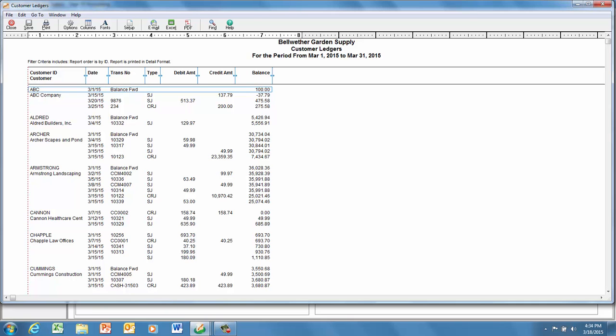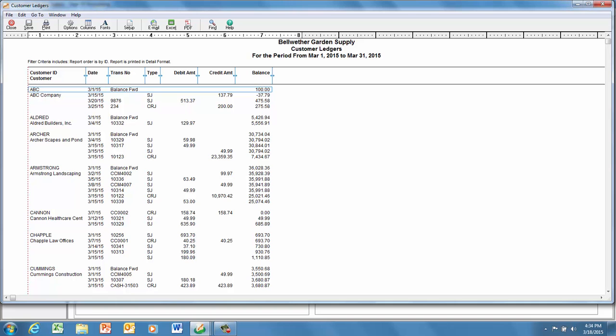The $137.79 was the credit memo that we did, and $513.37 is the invoice. So between the invoice and that credit memo, we have $475.58 they still owe us on that invoice. Here it shows that they paid us $200 so far, so they still owe us at the end of the month